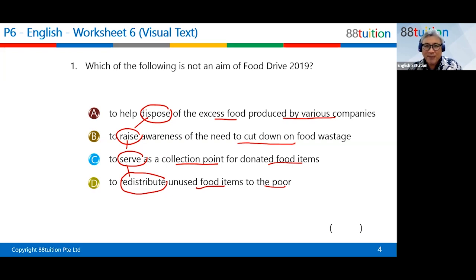So which of it is not an aim? Now, once you see this word not, alarm bells should ring. In other words, how many correct statements are there? You can put in the chats. There are three. Thank you. There are three correct answers and one wrong answer, right? What happens to some students is that they look at A and see, oh, A is correct, so they put A. That is already a disastrous start. So what is not an aim?